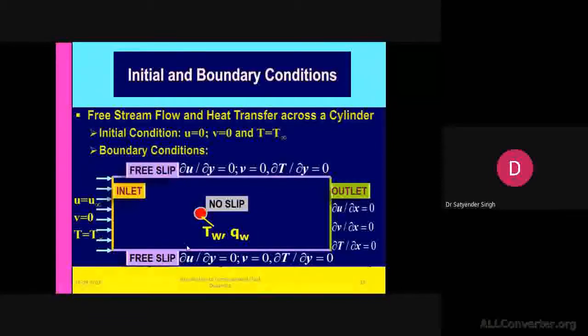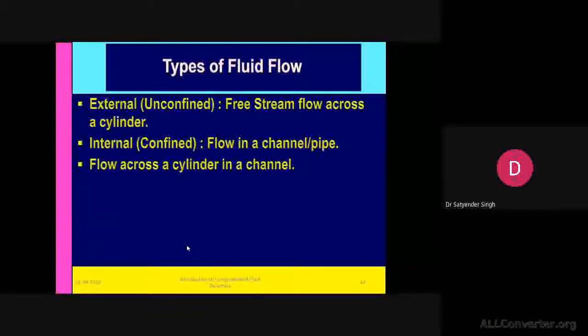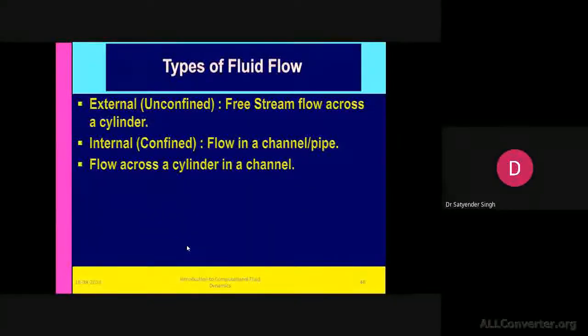Then further boundary conditions exist, the no slip boundary condition. For the no slip boundary condition, we must provide the gradient in the y direction equal to 0, and the temperature gradient for the insulated wall as 0. And at the outlet there will also be no gradient. So we will make del u by del x equal to 0, del v by del x equal to 0, and del T by del x equal to 0. So we have the external flow and internal flow problems, the flow across the cylinder and the inner channel. They are generalized forms of the problems in fluid dynamics.